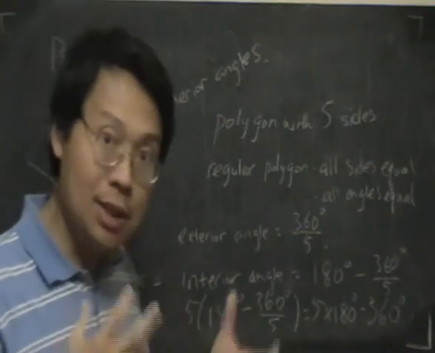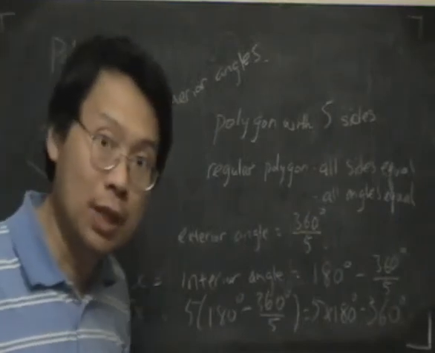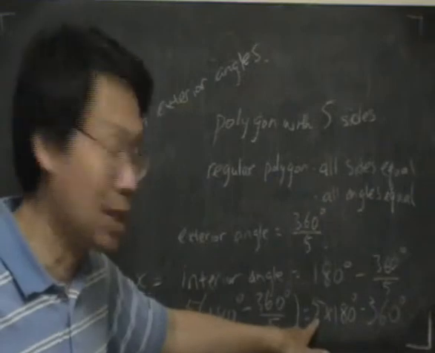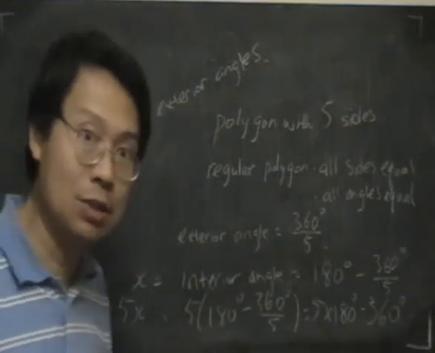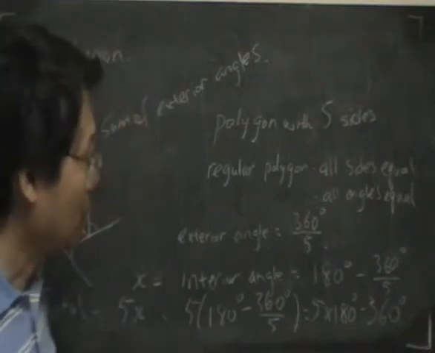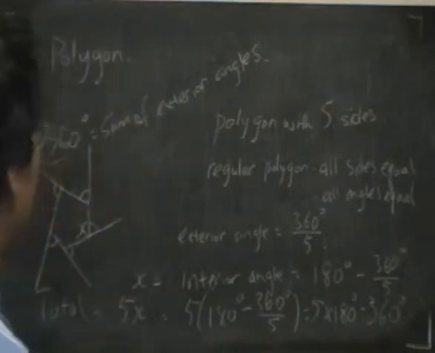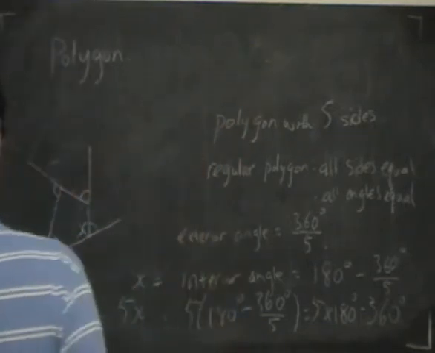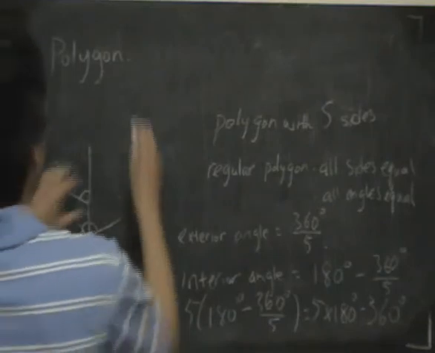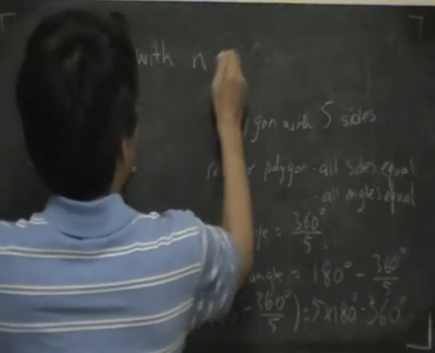Now, this understanding is very useful because it means that if I have a different number of sides, all I need is to replace that number by the number of sides. It can be 4 or 6 or 10 or any number. And that means we have a formula now. Let me write that down. If I have a polygon with n sides,